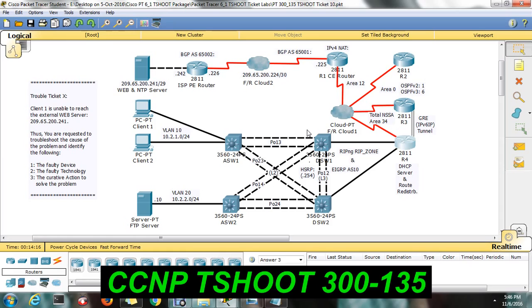Then distribution switch, so far I think we don't see any issue related to the distribution switch. R4, right now we saw the IP version EIGRP, that is a routing issue. Then R1, the BGP issue will come, access list will come, NATing issue will come. R2, the authentication issue will come. So we will see all the summarized tickets, how quickly we can identify the issue